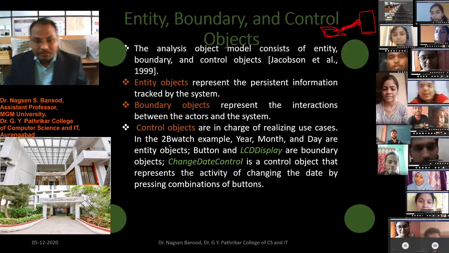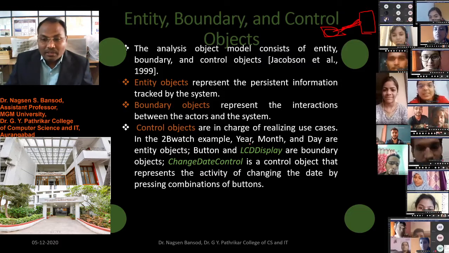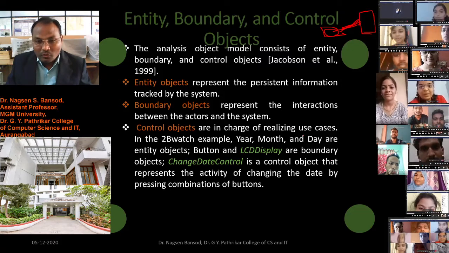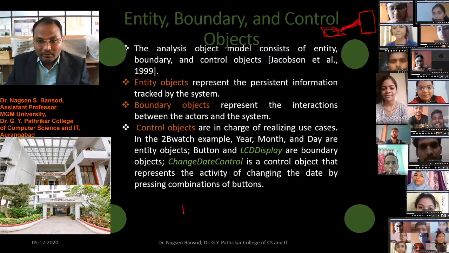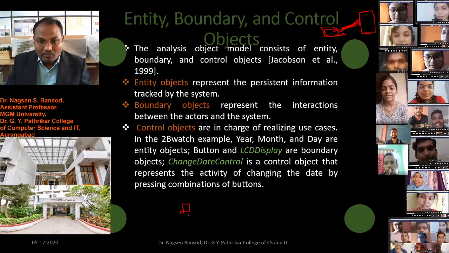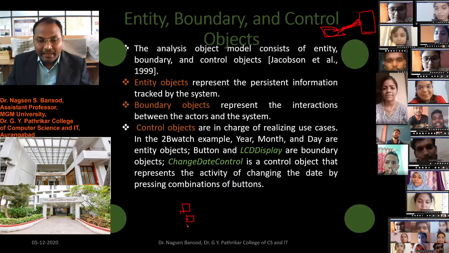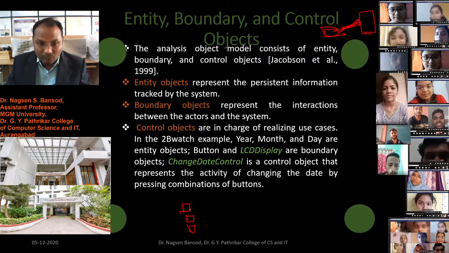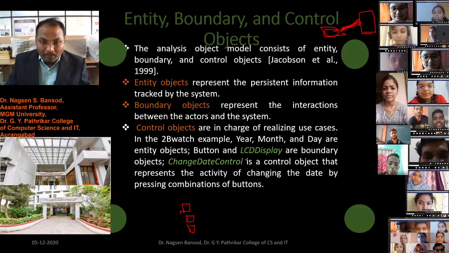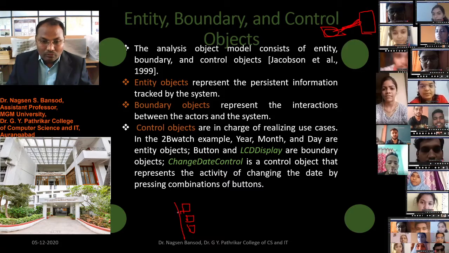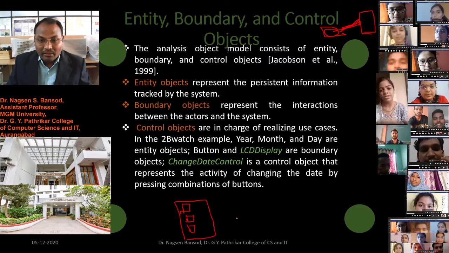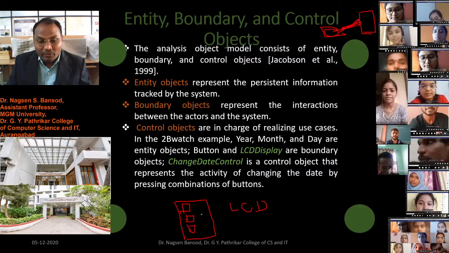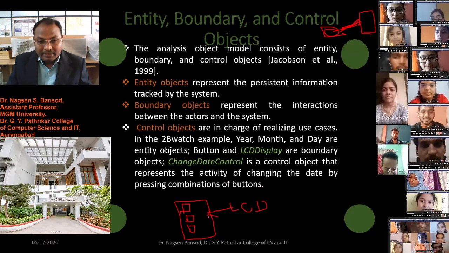In this SatWatch example, year, month, and date are entity objects. Suppose we have taken date, month, and year; these are the entities. For the analysis, they require an LCD display and buttons, where the information will be displayed on the LCD display.